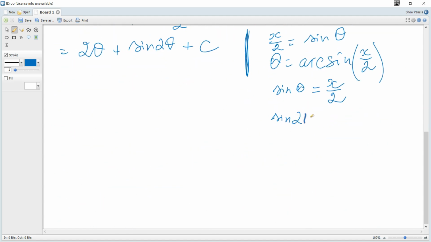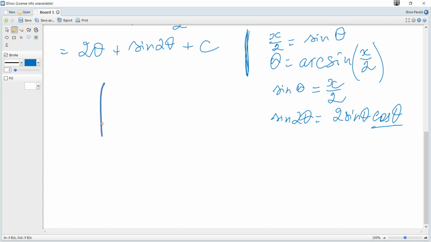Sine of 2 theta is 2 sine times cosine, and we need cosine. So we can use the main trigonometric identity, sine squared plus cosine squared is 1, to find cosine for a given sine,